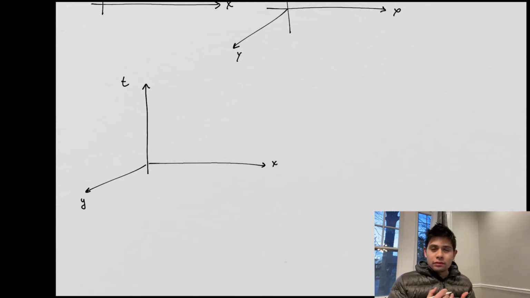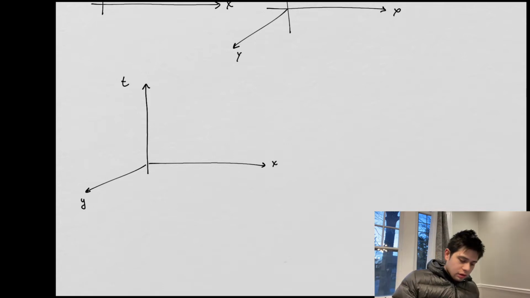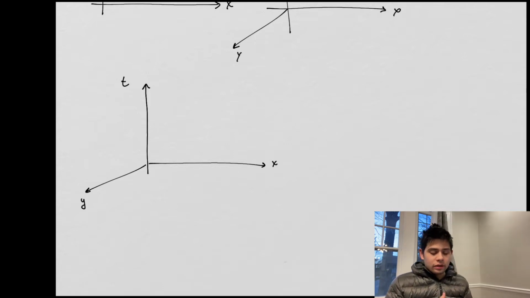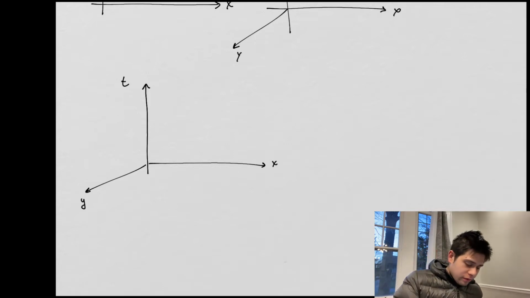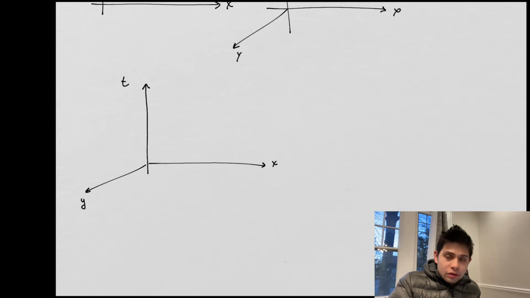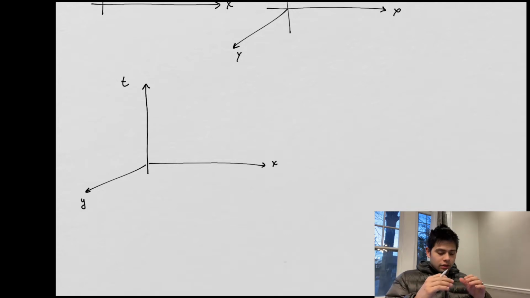Right, so you can't really see the z dimension, but it's there nevertheless. We can only really depict 2 of them. So the 2 that we're depicting are the x and the y coordinates, and then our t coordinate is our time. And so you could think of this as at every slice in time, we have